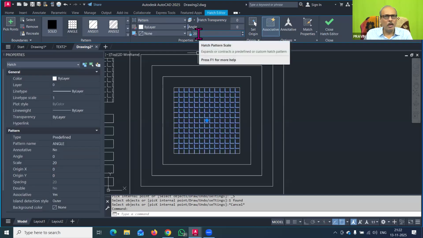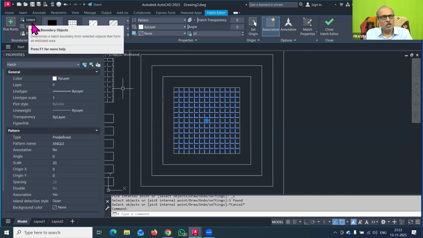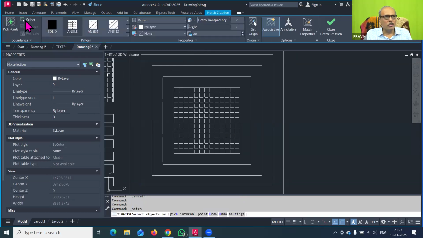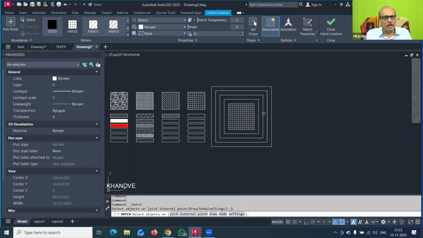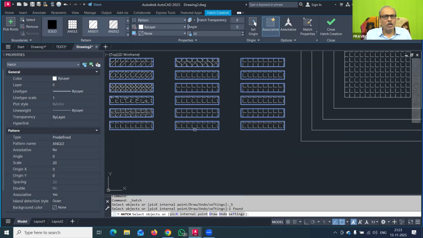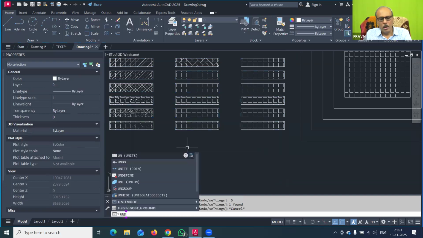That scale can also be adjusted using the hatch dialog box. That is the important learning you have to remember. Or you can select the pattern here, or select the scale here, and then apply that. But this can also be done by using the select command, so you have to remember that. Instead of pick point, you go to the hatch command and go to select object. Whatever object you select, suppose I now select this object, it will be applied only into that. That is the way you have to remember. I will undo again.